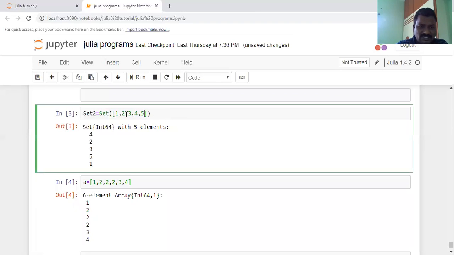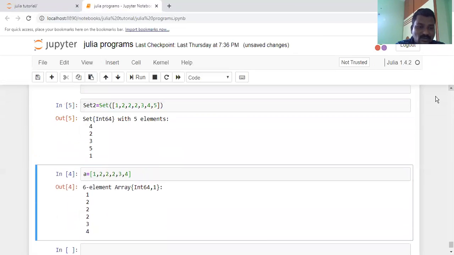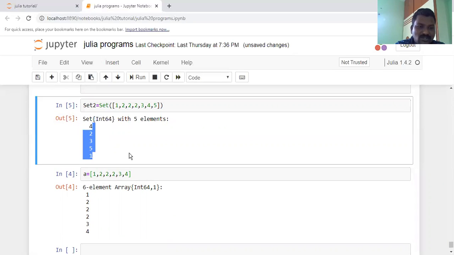If I write a set with duplicate values, sets cannot allow the duplicate values. If you see the output, it does not allow the duplicate values.